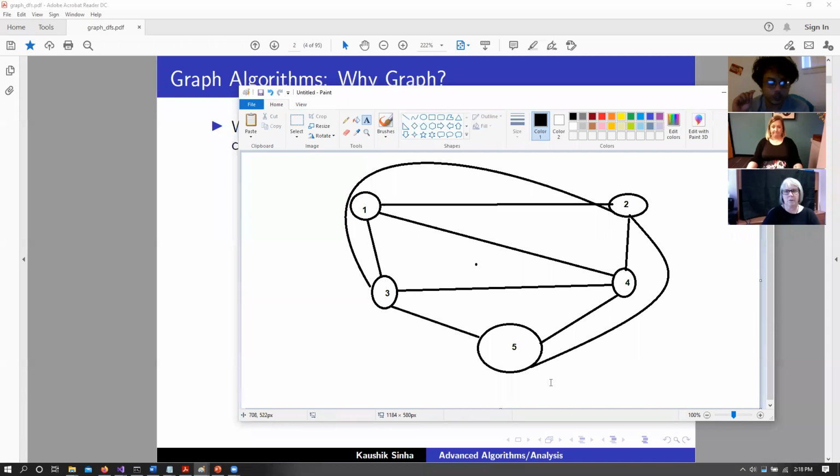Now, Tejaswani, I want you to figure out a way, and I want all of the rest of you to figure out a way. Is there a way to connect 5? 5 is connected to 3, 4, and 2. I just need to connect it to 1. Can I connect to 1 without any overlapping edges?